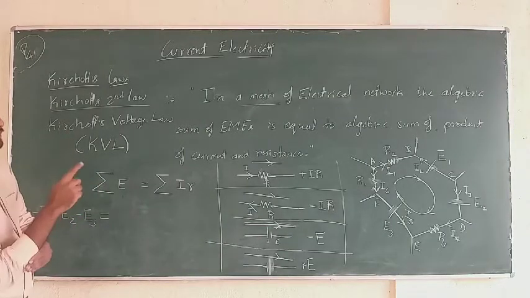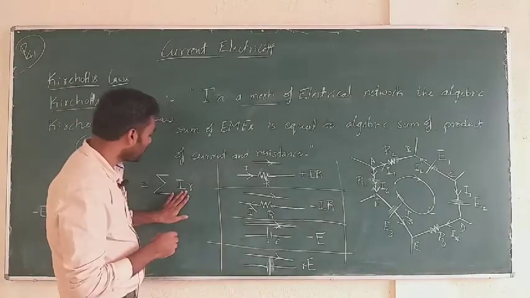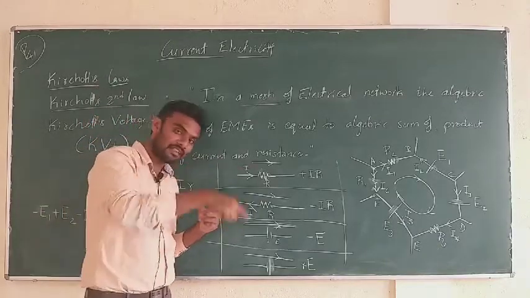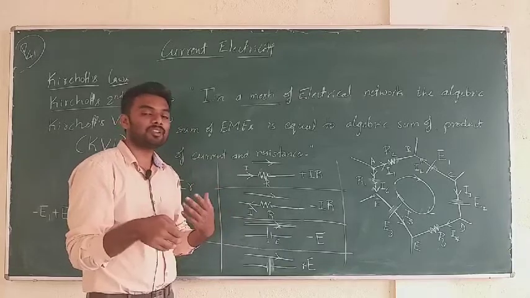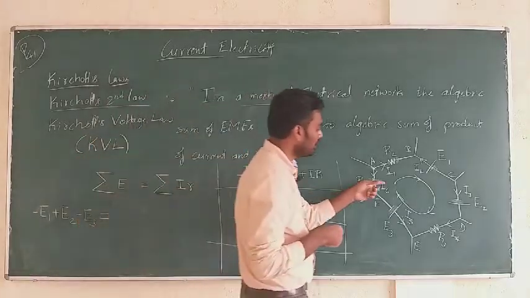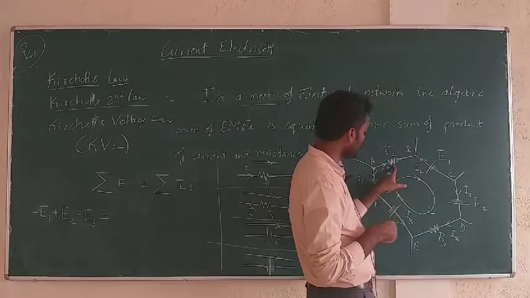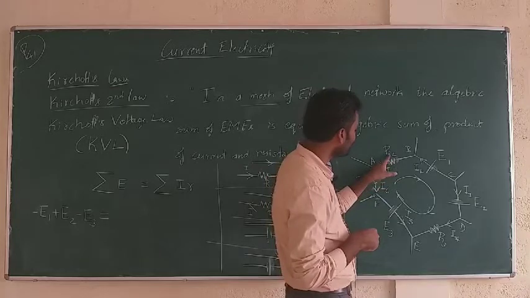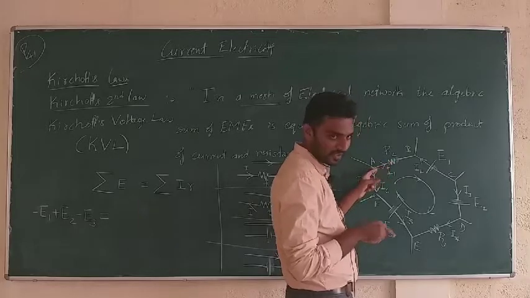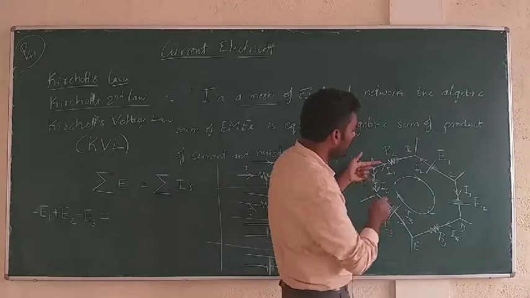Clear? Now, let me go for the RHS of the equation, which means the product of current and resistors should be taken. I should go again in the same path, and this time I will be searching only for the resistors, not for the cells. So now from this point I start searching. First I find a resistor here, of resistance R2, and there is a current flowing through this resistor. The directions of currents are all given to you, they are all given, don't worry when you solve problems.